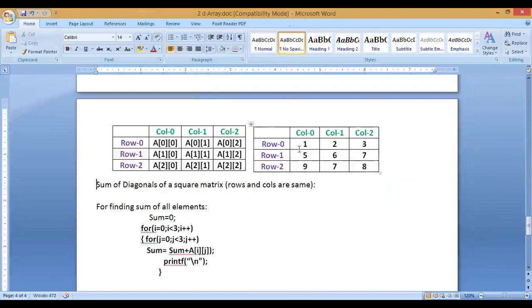So now my elements are, for I will access A00. So this one will be used, added with sum. So sum will be now 1. Then the loop will go ahead. In the J loop will go ahead. Then I will access the second element because J will be 0, 1, and added with the previous sum. So 1 plus 2 it will be, then 3 it will be added.